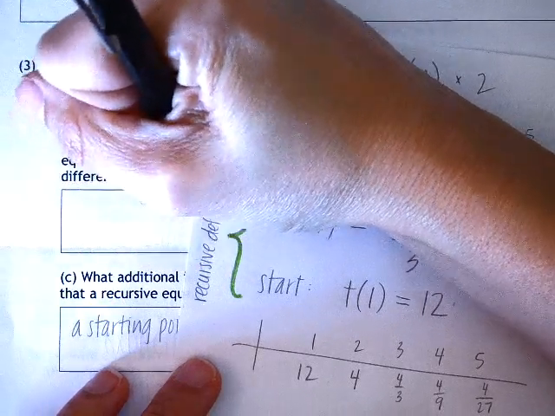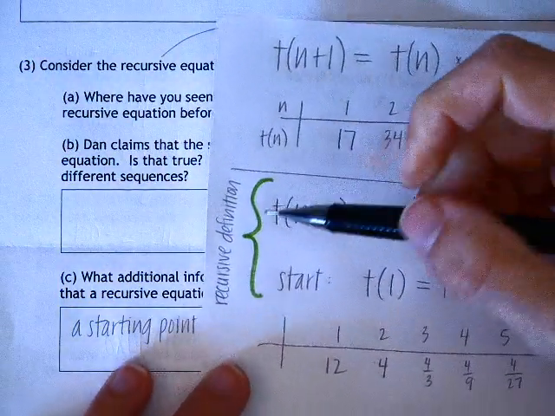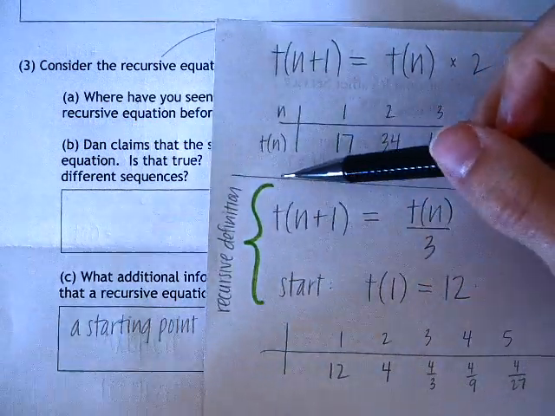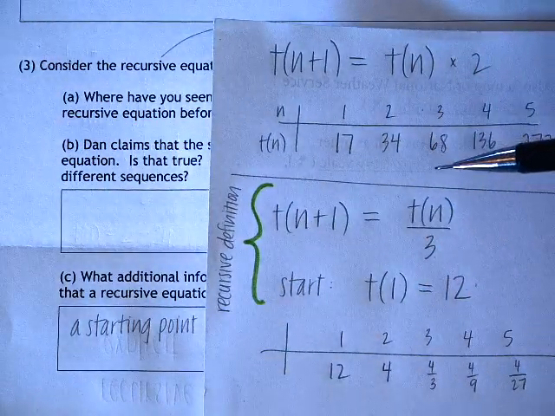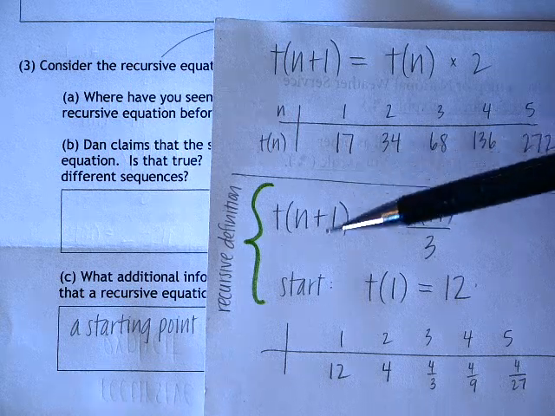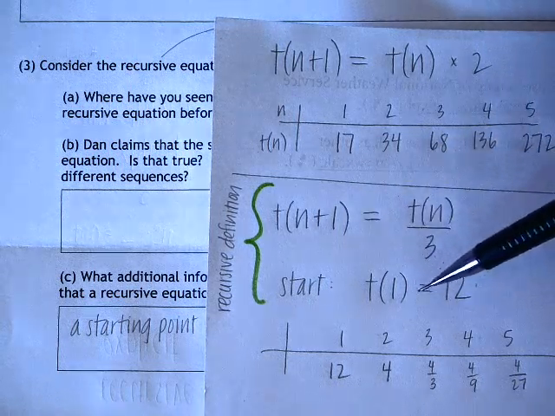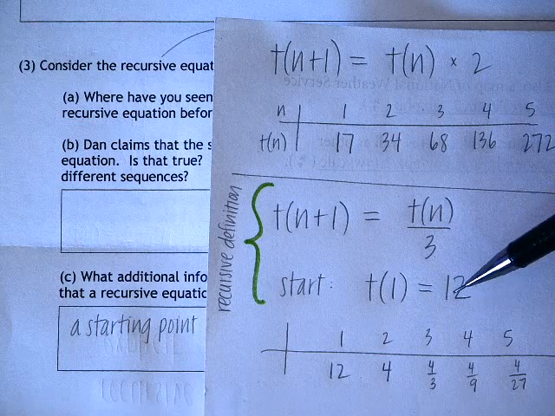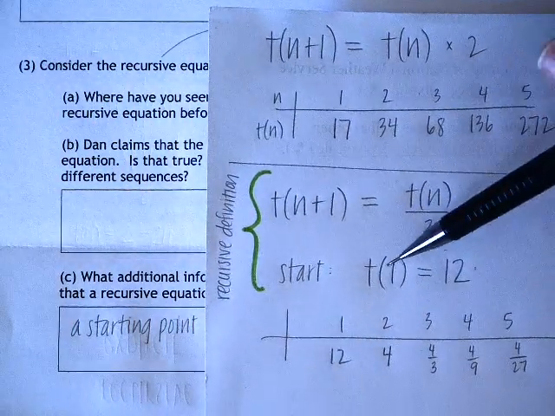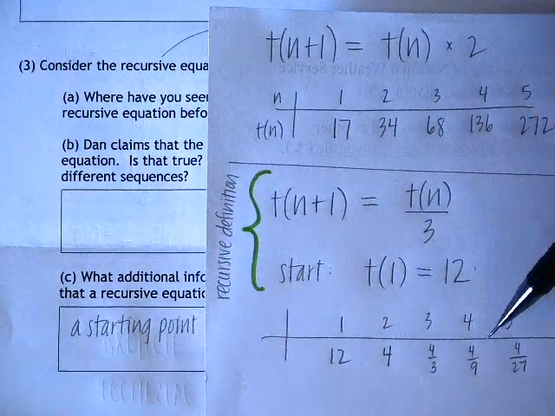Seeing both the starting term and the actual equation itself is kind of like a package deal. You cannot do any recursive problems without having a starting point. And it could be any starting point. I didn't actually have to tell you 12. I could have given you that the second term was 4, and you still could have gotten the same numbers